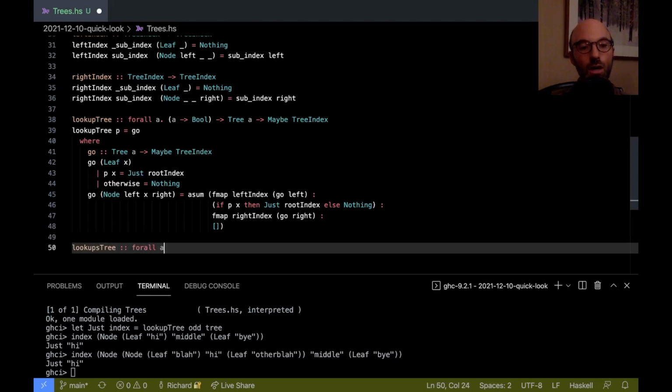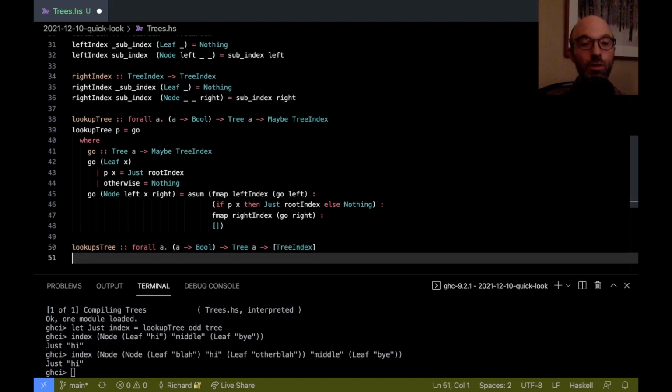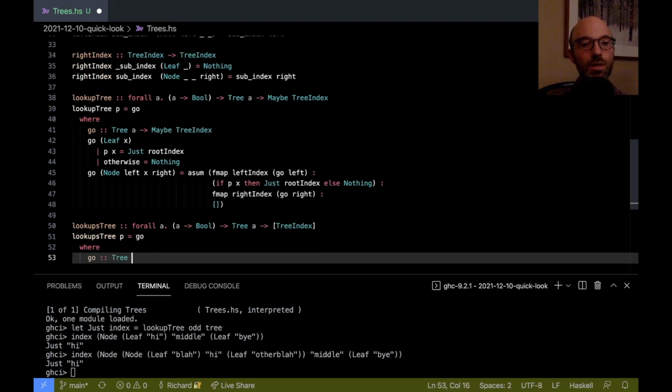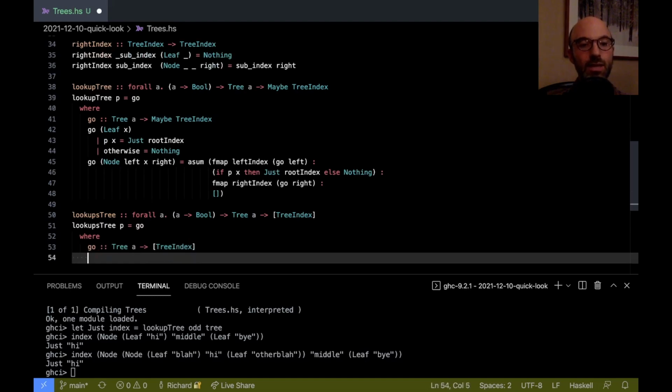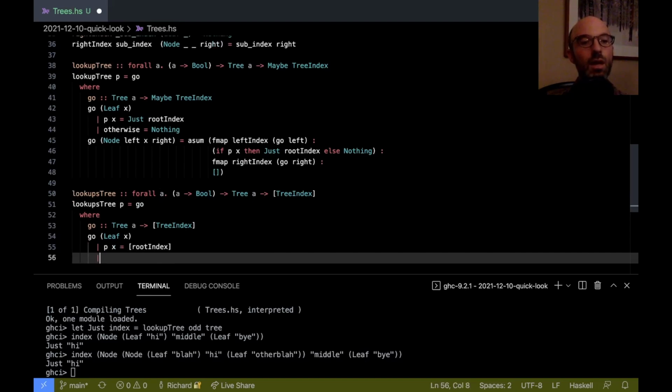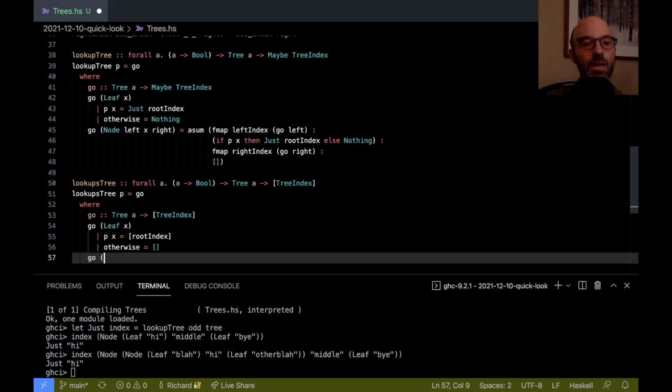So here, I'm going to still need this for all A. This is going to be easier because I've gained some experience. So now I'm going to return all of the indices that are of interest to me. So I could say lookups tree equals go, where go is going to still be a tree A now to a list of tree index. And the structure is going to be very similar to what we had before. If this is true, then I return the root index. Otherwise, I return nothing. And then here, if I have a node, well, it's going to be the same thing,